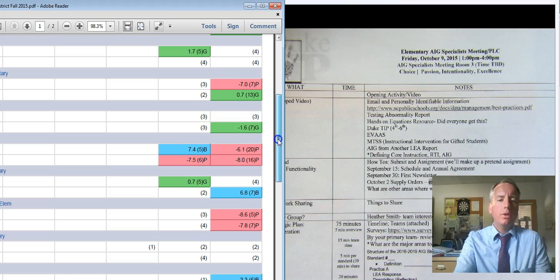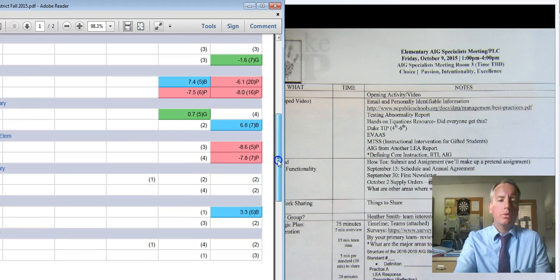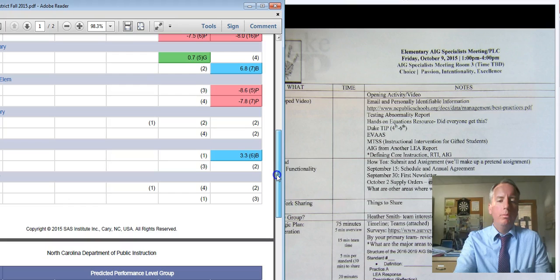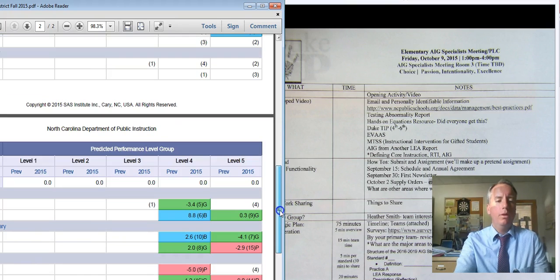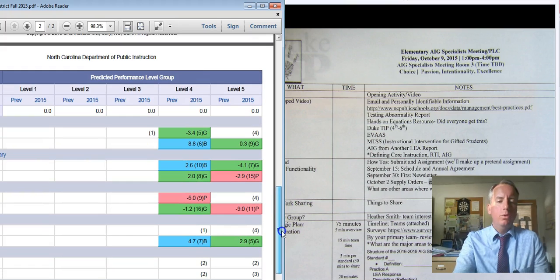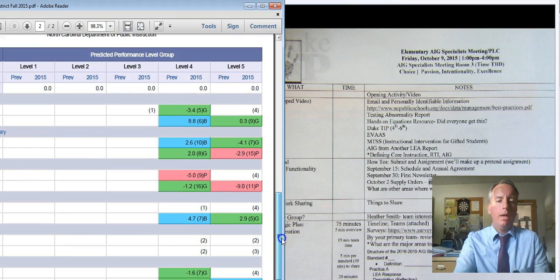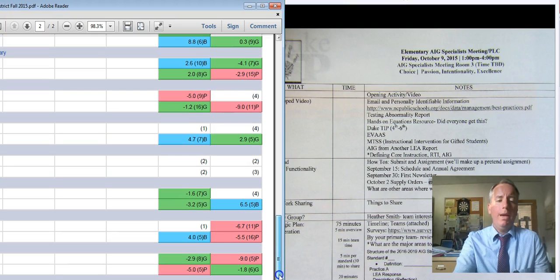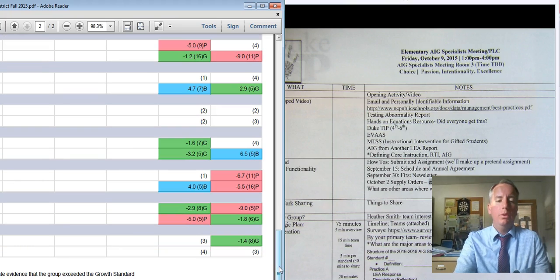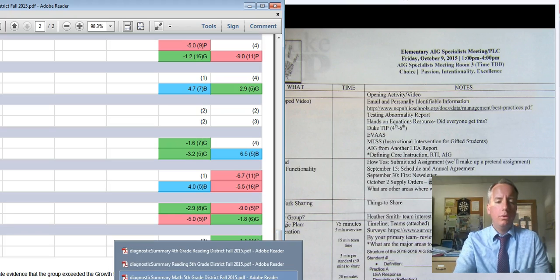So this is our math report. I'm just scrolling through it here. The ones that just have the numbers on them, obviously those are cases where there weren't enough kids to count there. So we can see our results from last year and from the year before. We've got some work to do in math, I think, and I think a lot of you have said that in the past. If we pull up our reading results, let me grab that here real quick, 5th grade reading,